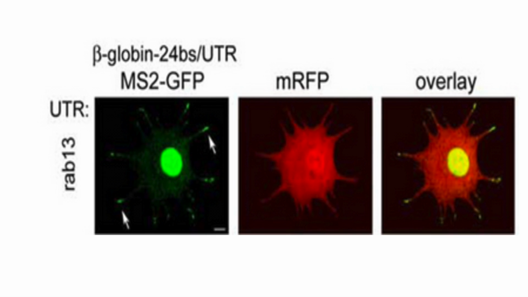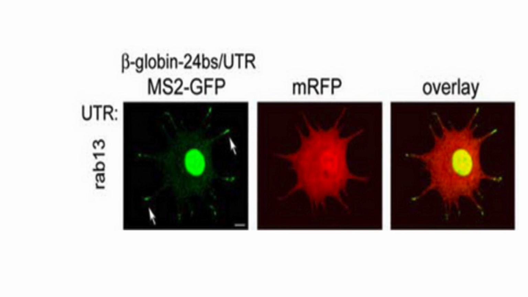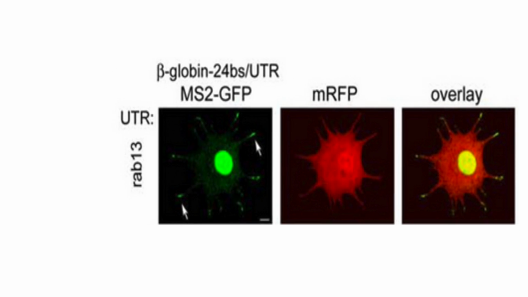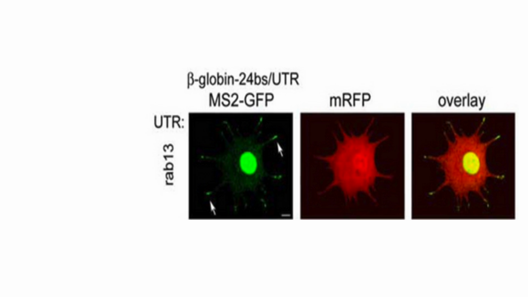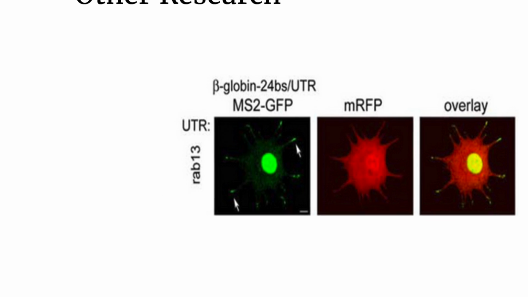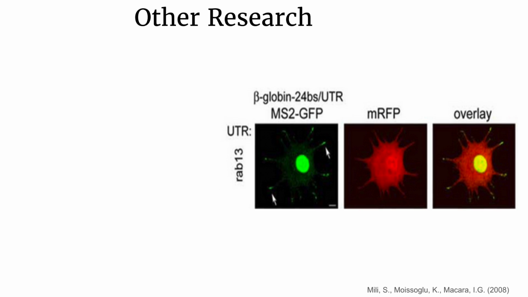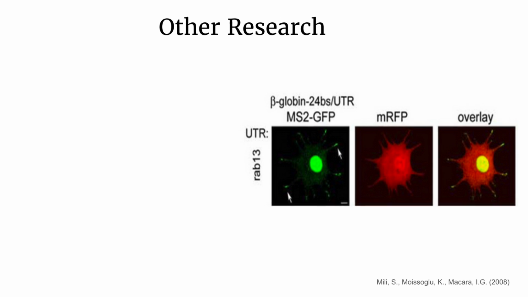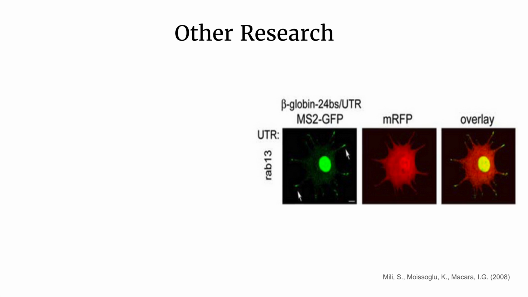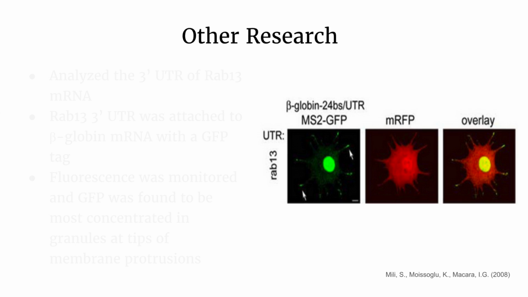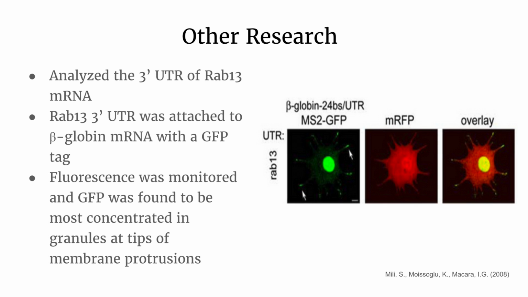Another study was conducted to analyze what influences Rab13 mRNA localization. The 3' untranslated region of Rab13 was attached to a beta-globin mRNA with GFP fluorescence in live cells and monitored. The results showed that the beta-globin mRNA was localized in membrane protrusions. Thus, this study suggests that the 3' untranslated region of Rab13 mRNA plays a major role in the accumulation of